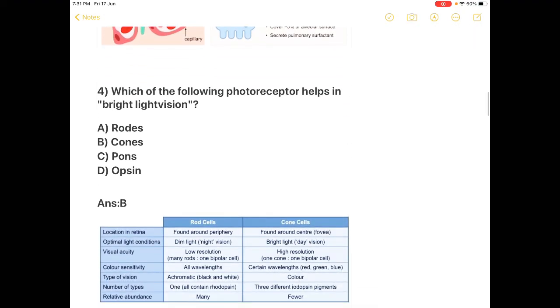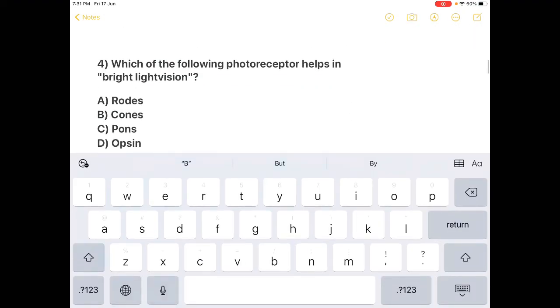Next question. Which of the following photoreceptors helps in bright light vision? Option A, rods. Option B, cones. Option C, pons. Option D, opsin. Pons, as we know, is a part of the brain. Opsin also is a photoreceptor. So we are left here with two options, A or B. The correct answer here is B,